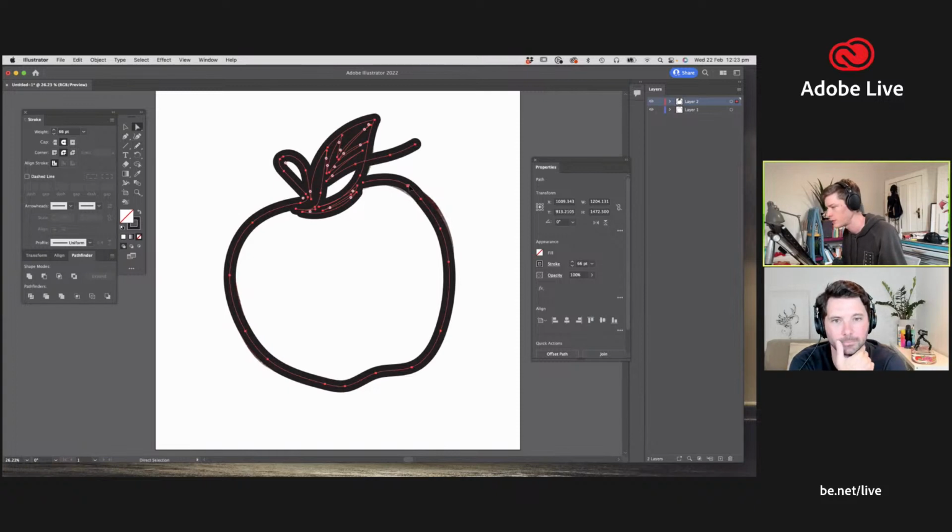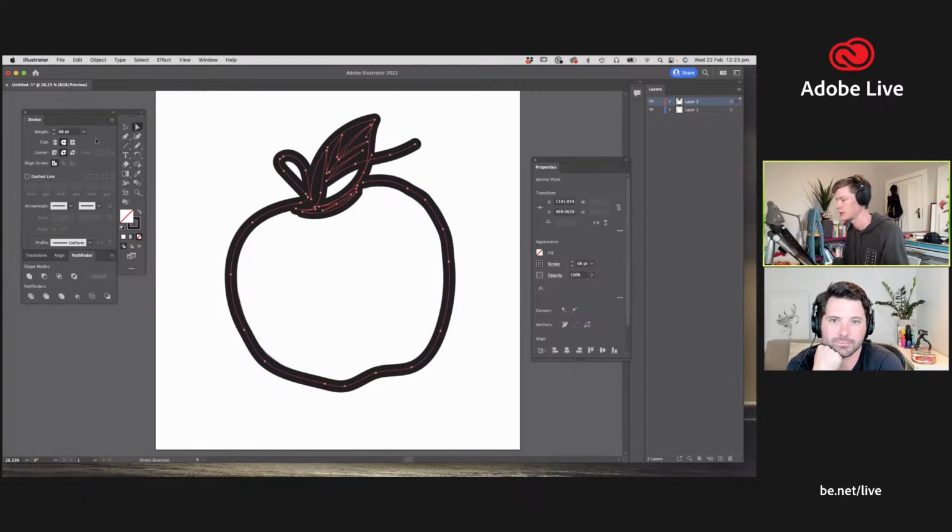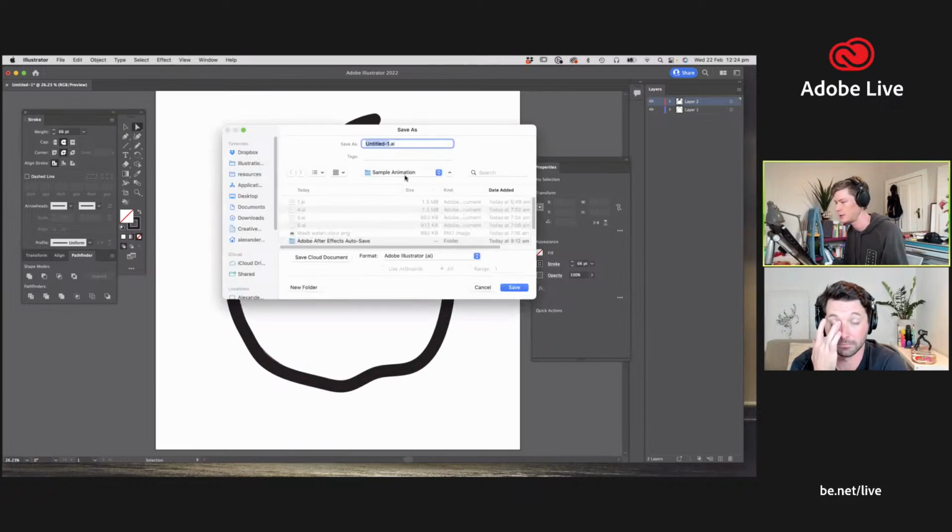Okay, and now I'm going to just be moving that line around gently to cover off our ink line work, making sure it's all nicely covered up. Okay, that's looking about right. So that's all we really need to do in this section. I'm just going to go ahead and save that. So I'll save it in,